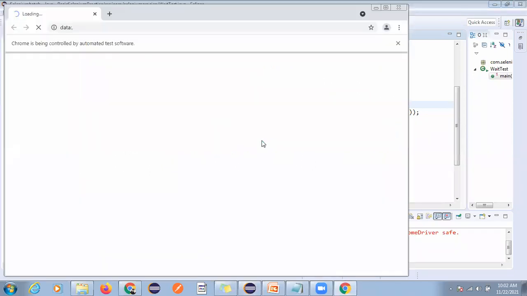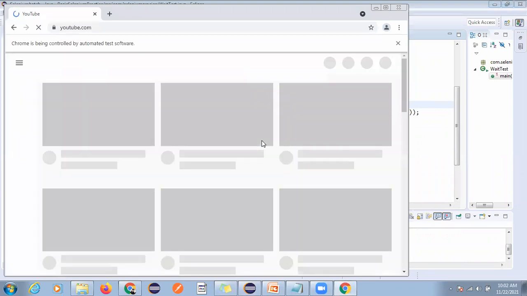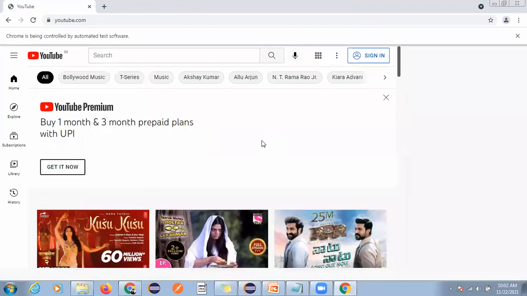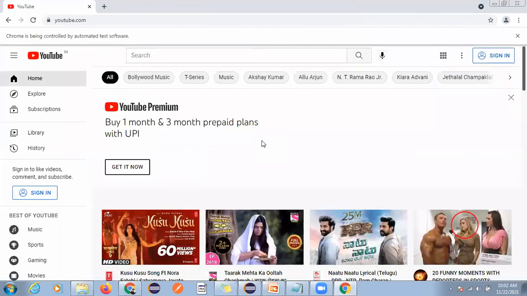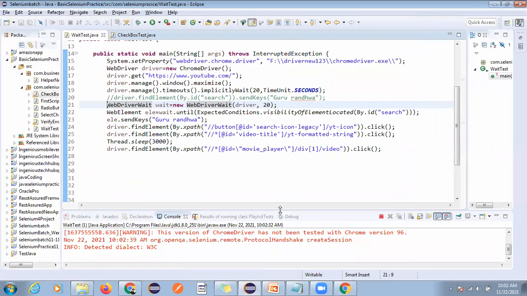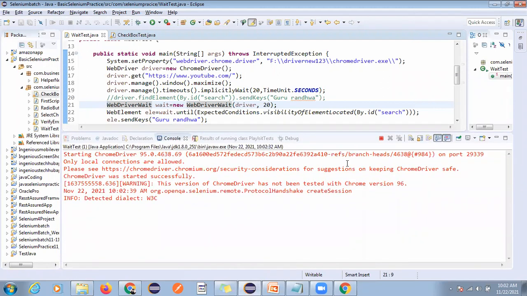Guys, I think this meeting link has only 40 minutes. You can see still this is not working. It is still taking time to load, but still it is not working.